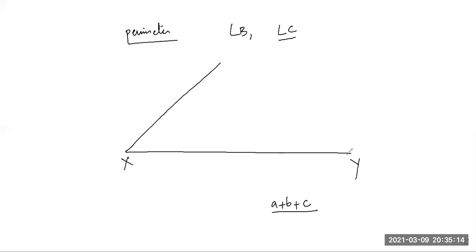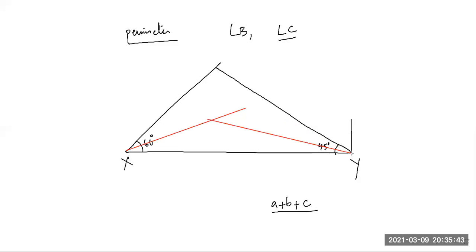Then BC is given, simply draw. Let's say B is 60 degree, C is 45 degree. So first draw 90 degree, then draw 45 degree. So it will meet here. Draw this angle equal to C and this angle equal to B, that is 60 degree, right? Then draw the perpendicular bisector of these angles. We know how to draw them. Simply draw the bisector, and from here also draw. Wherever these two bisectors intersect, you are able to locate the first vertex of the triangle, right?